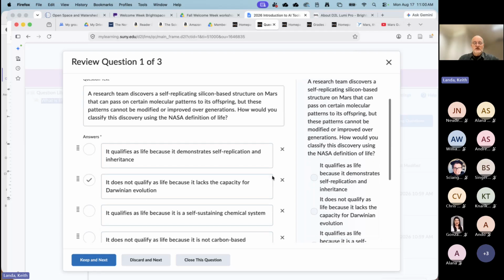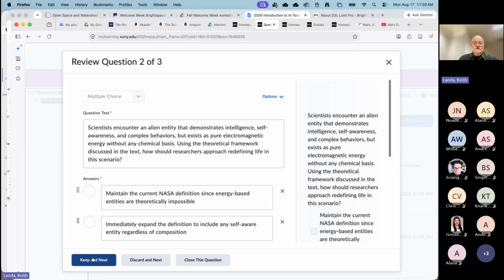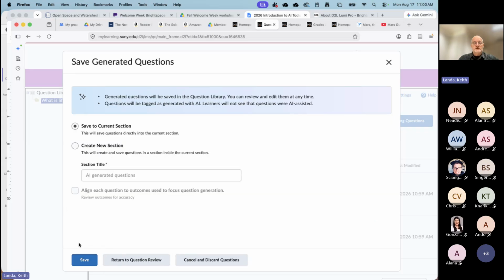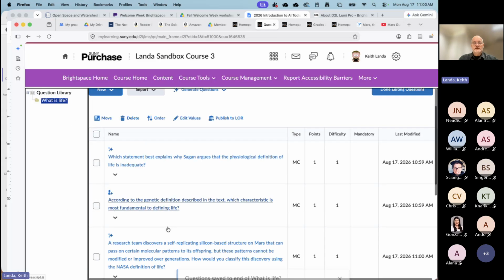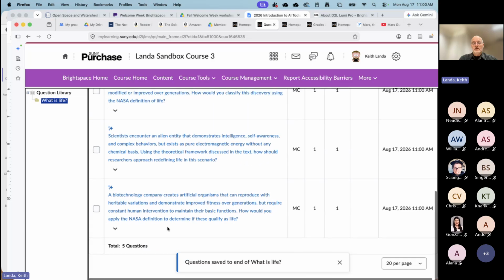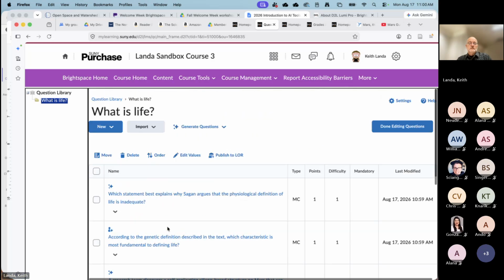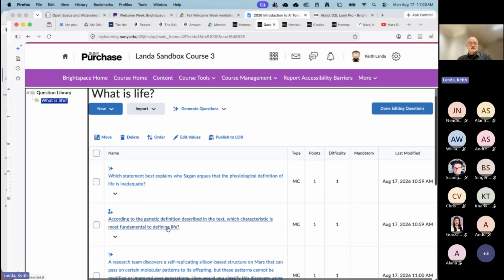And in the interest of time, I'm just going to say keep and next for all of these and save them to the current section. You can see this is a way that you can quickly generate a large question library to support this idea of having the ability for students to do multiple quizzes in a low stakes